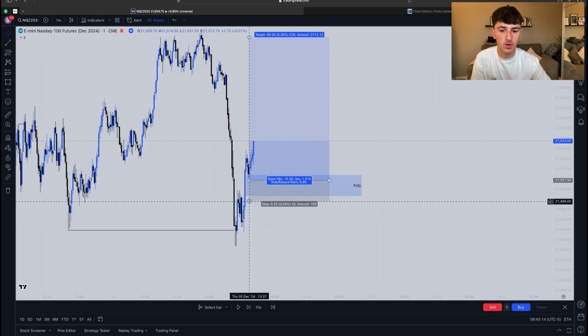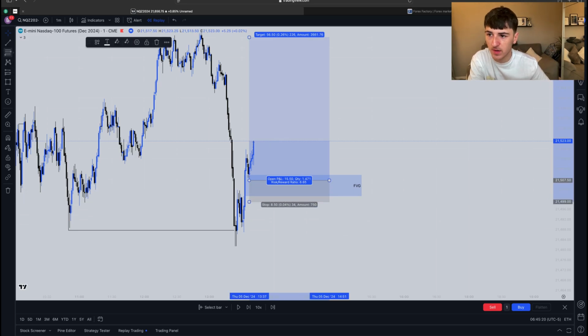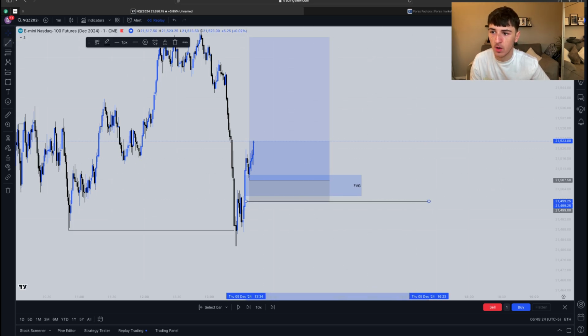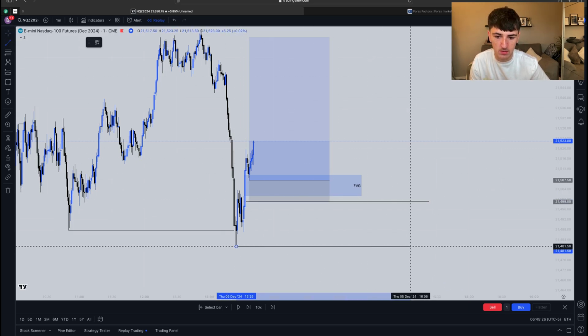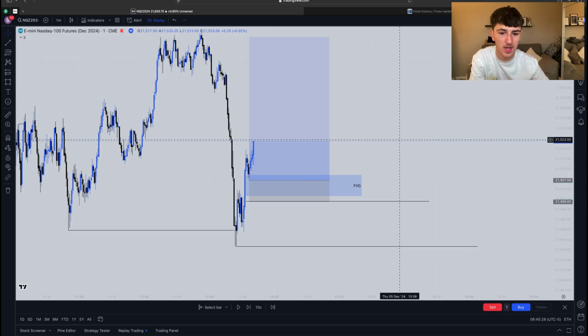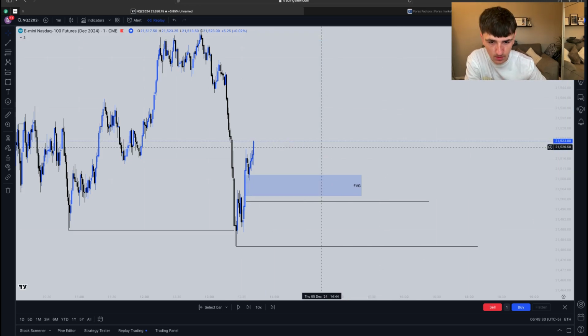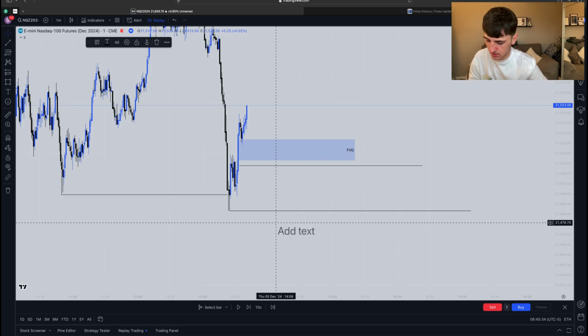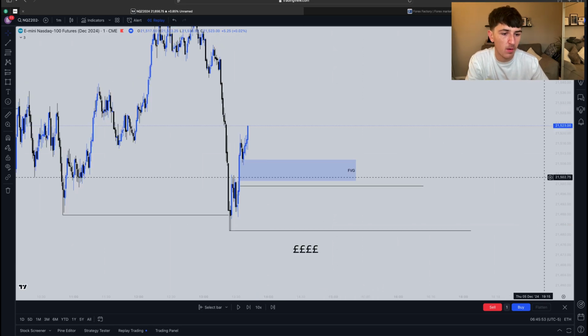So we now know, or you should already know, and this should already be ticking in your brain, that stop losses are either situated below this fair value gap, because this is where people like to put the stop losses, or it's below these lows. Okay? This should already be happening in your brain. So now that we know that there's money here and there is money below,